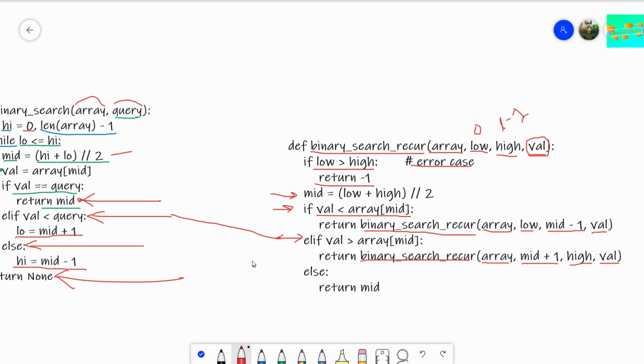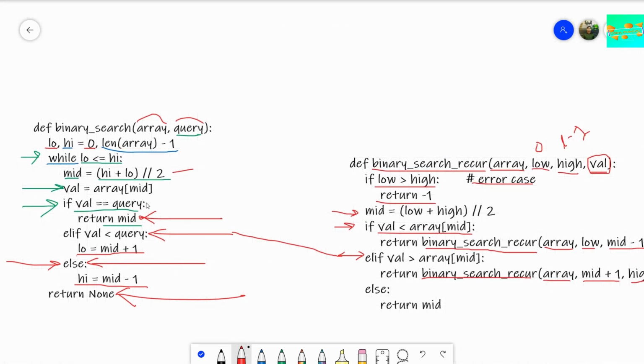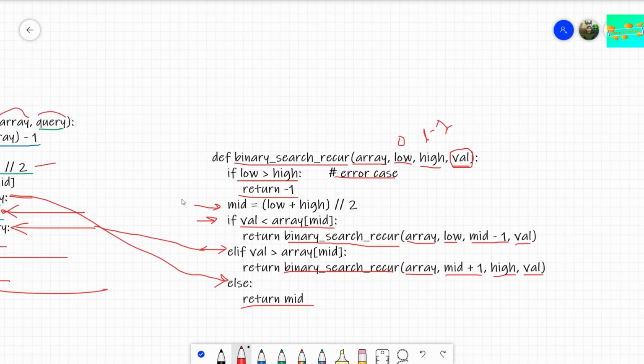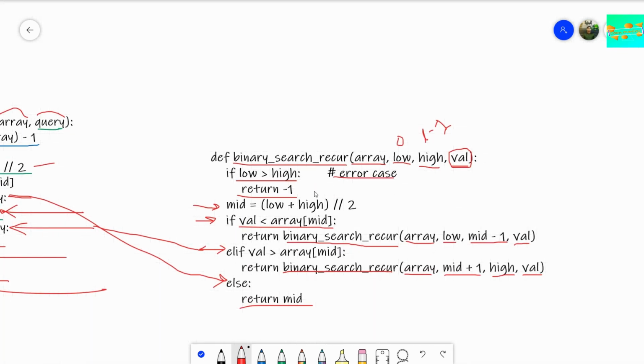All right, moving on, there's another last case, that is if the value we are searching for is the array of mid, right? In such a case, we will go for this case and we'll return our mid value. We'll return our mid position value. So look, that's the thing we did here. We returned our mid. So in this way, this binary search recursive function works.